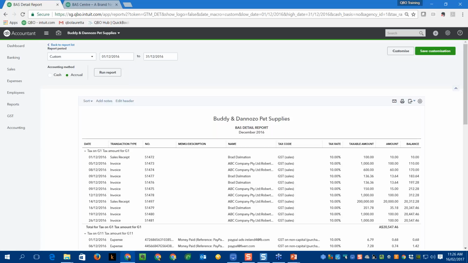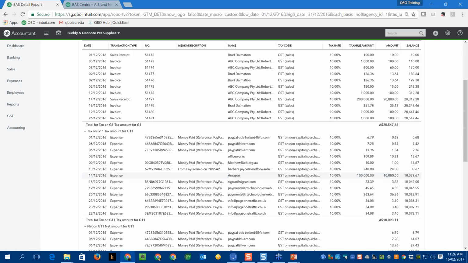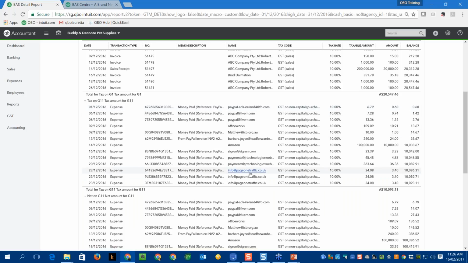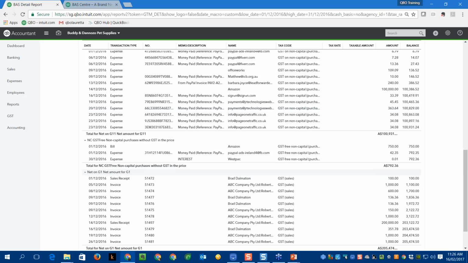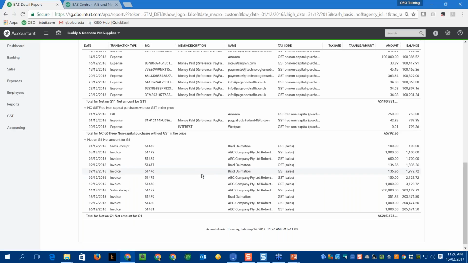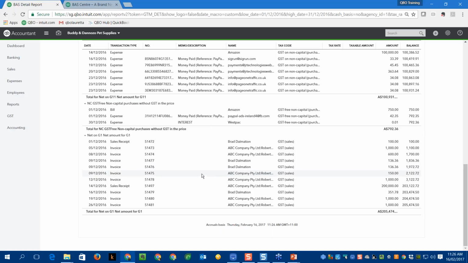Okay, cool. So that transaction for Facebook for $40-something has disappeared. I think it was $33 actually, and it should be found. There it is there, $42.35. It's now under our GST free. So that's how quick and easy it is to actually change a transaction. You don't have to go out of this window, try to find it, change it, and then make sure that